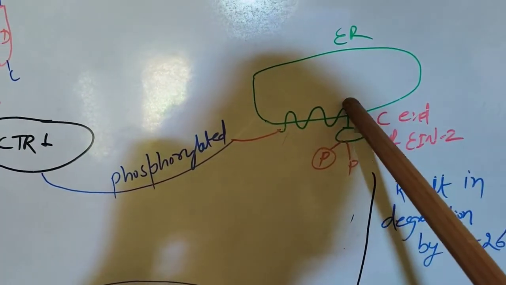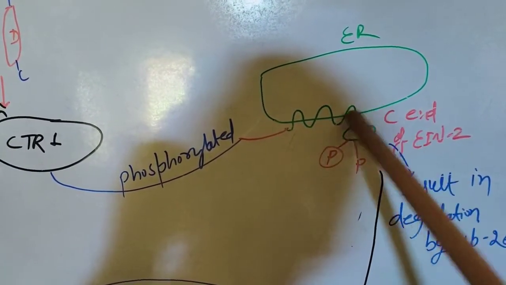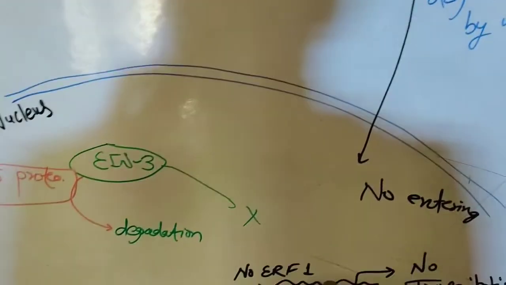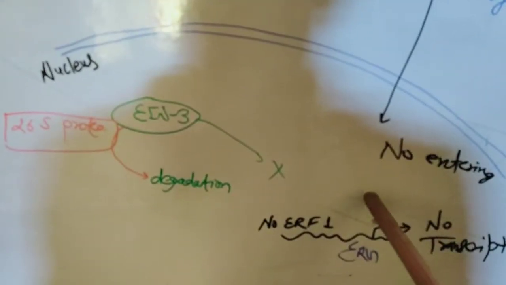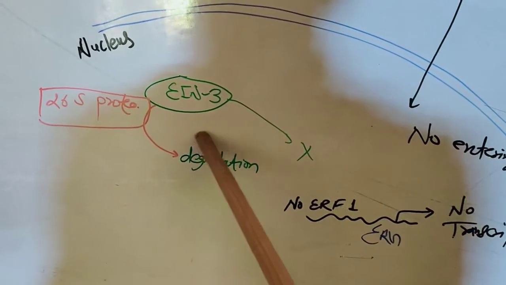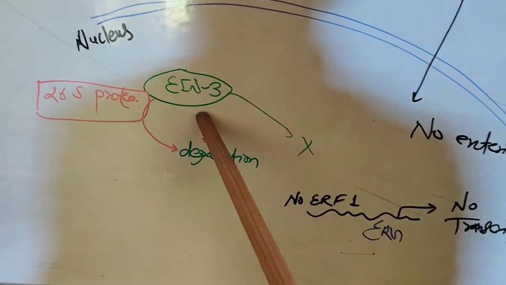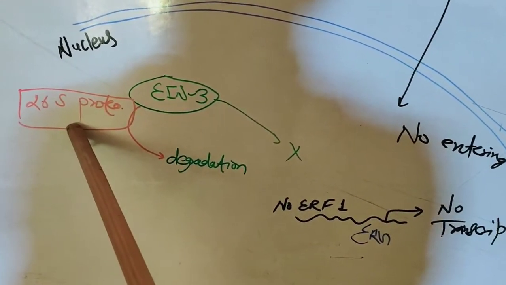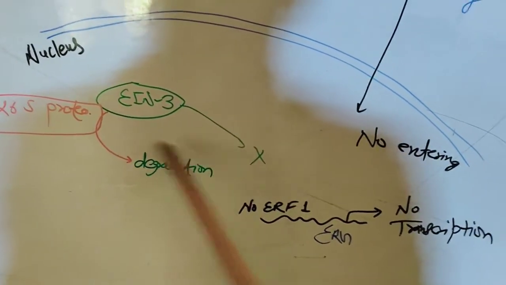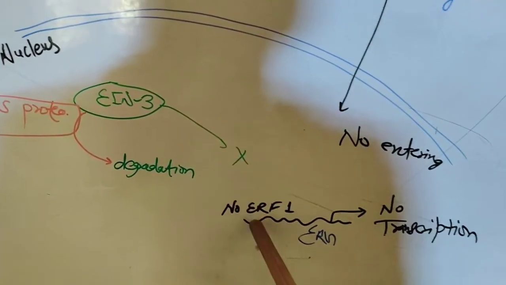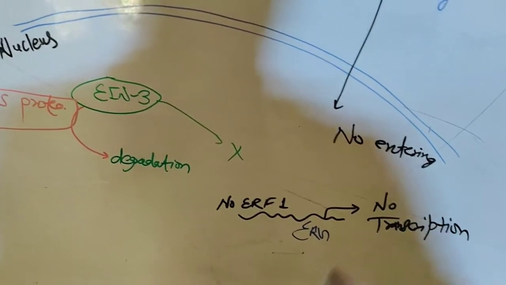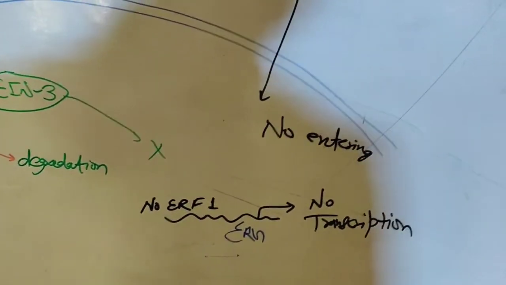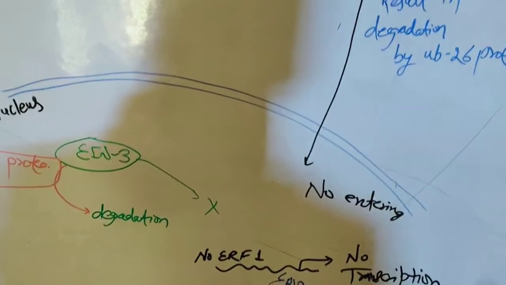by the protease enzyme, it will be cut at this region, and the C-terminal end of the EIN2 protein will enter the nucleus. And in the presence of EIN2 protein, EIN3 will be stabilized now, and it could not be degraded or ubiquitinized by the 26S proteasomal complex. And if it is not degraded, then your ethylene response gene will be on and transcription will be happening. So ethylene hormone will be generated. So this is happening in the presence of ethylene.